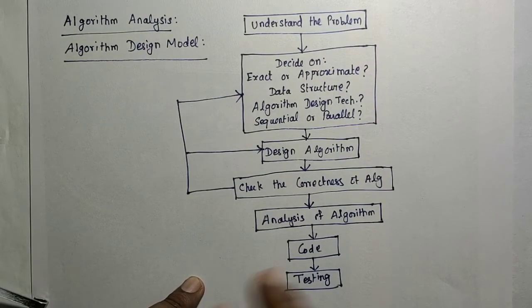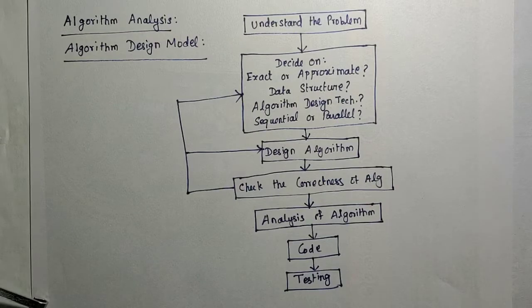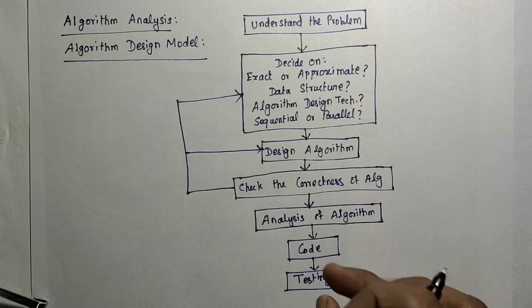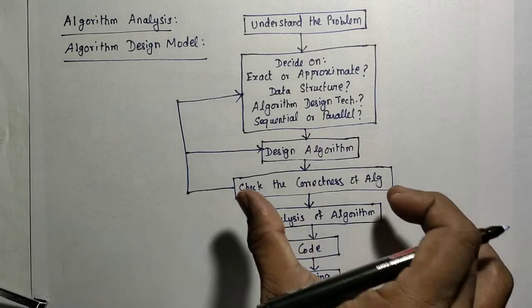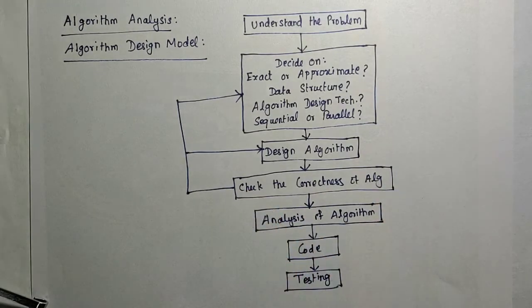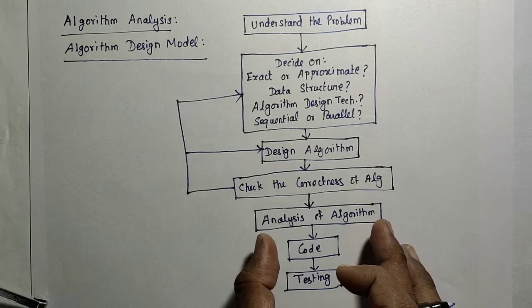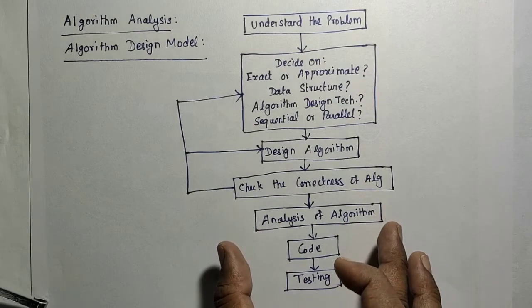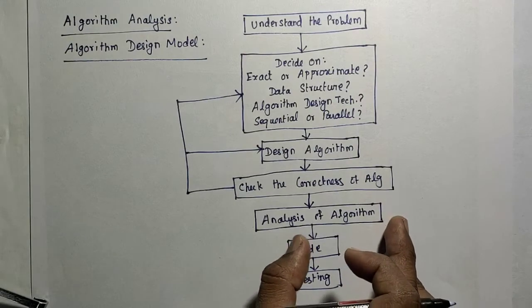Suppose the algorithm is correct, the next step is the coding of that algorithm, that is implementing that algorithm in some code, some language. That is the next step. After designing the algorithm, we will go to the code. But in between, as a computer engineer, we should not release that algorithm immediately. We should